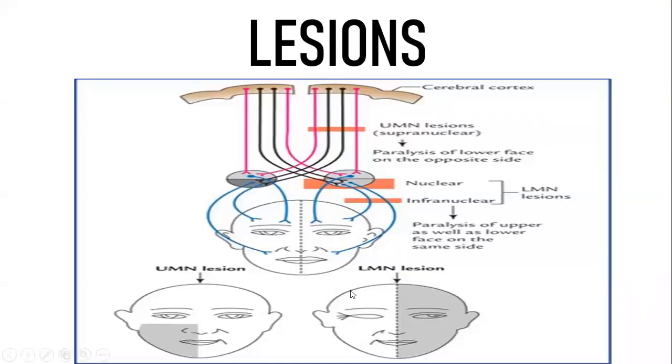Now the next one. So this is what is given in your Vishram Singh picture. I have taken this from Google and edited it. If you take, this is your nucleus. If there is an upper motor neuron lesion, your upper part, so here if you see this picture, the upper part is going to be spared, but the lower part is going to be affected. If it is a lower motor neuron lesion, contralateral, the complete half of the face is going to be paralyzed.